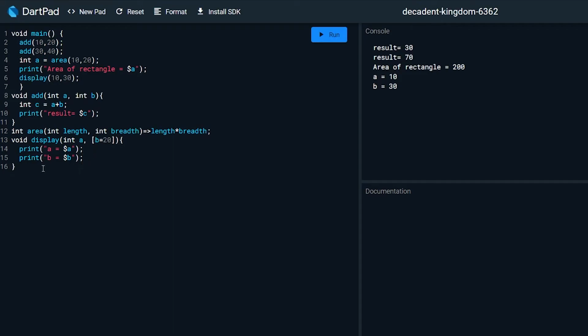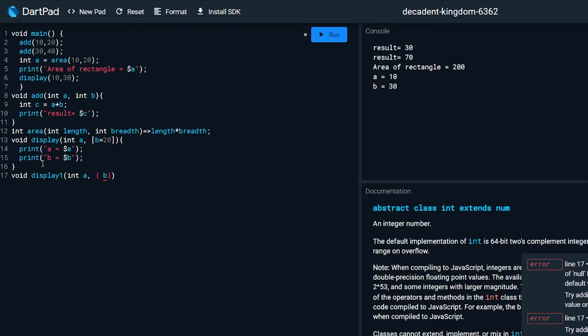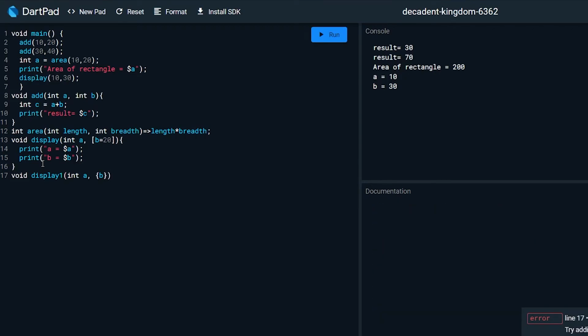We can also have some named parameters. Like let's create another function. Void display1. Then int a. Named parameters are enclosed within curly braces with int b. Now we don't need int because int can store null type. We just need a variable.